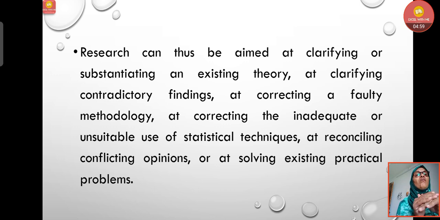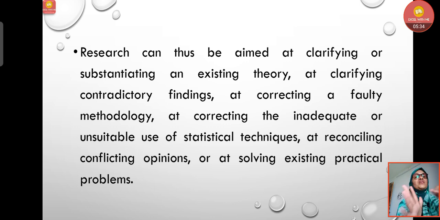So these are all the aims. What are we doing? Clarifying or substantiating an existing theory, number one. Secondly, we are clarifying any contradictory findings we find in any articles, or correcting a faulty methodology. If somebody has taken a faulty methodology, we want to do the research to bring in the correct methodology, and correct the inadequate or unsuitable use of statistical techniques, or reconcile conflicting opinions, or solve existing